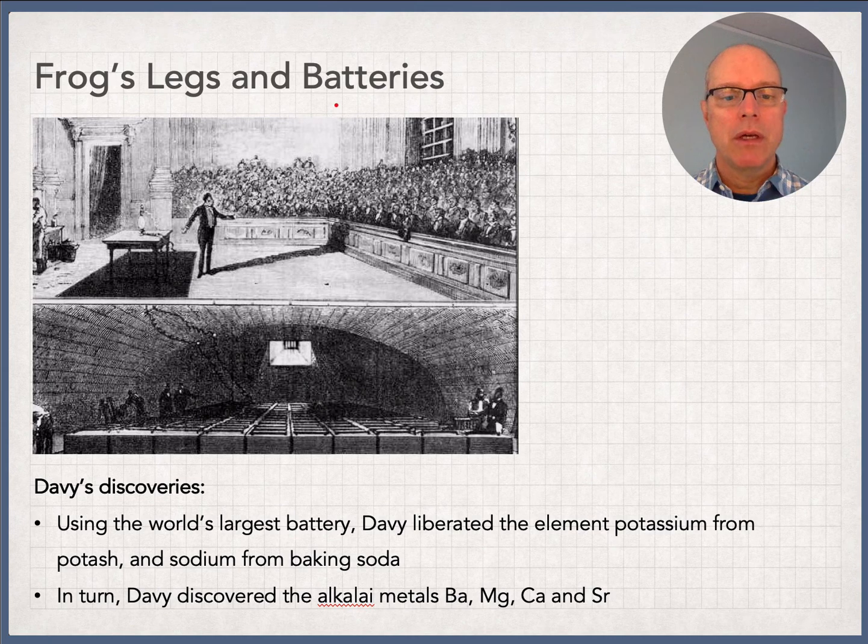So Humphrey Davy was a student of characters like Antoine Lavoisier, and he was also a teacher to guys like Michael Faraday. So Humphrey Davy's a fascinating character in the history of science. What you can see down here in the bottom part of this graphic is just an amazing thing. If you look at these human beings down here for scale in our example, you can see that these batteries